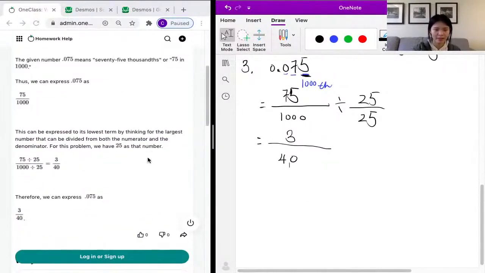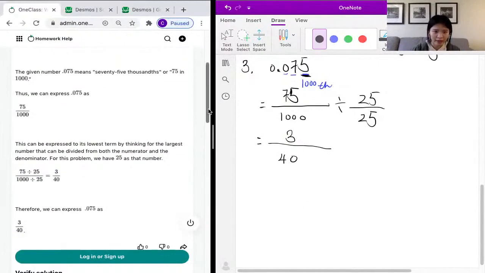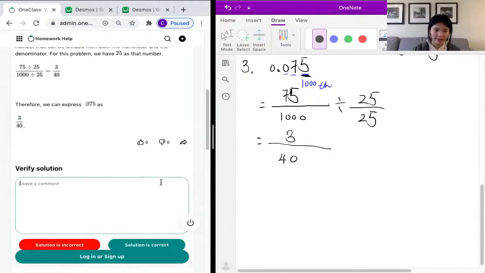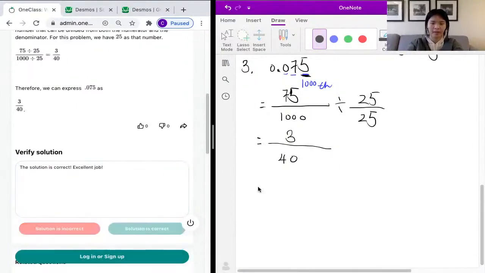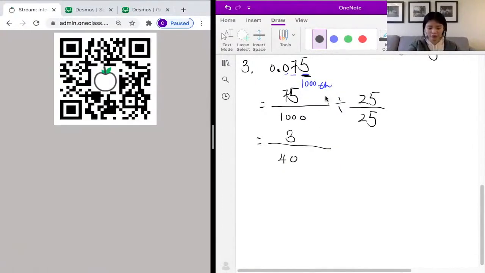Now let's look at a sample solution over here. Yes, they are quite correct. So let's just say the solution is correct. Excellent job. Nice. Now let's move on to our next problem, which is